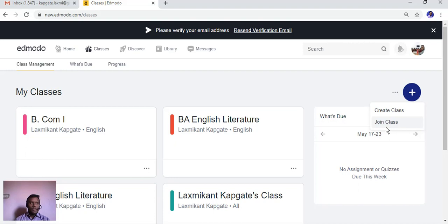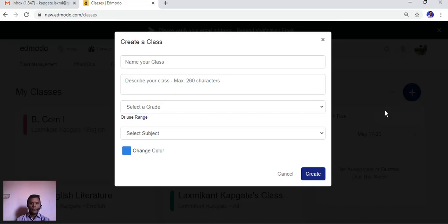If your colleague has created a class and shared the code, or sent an email to you or the students, they can use that code and join this class with this button. You can also create immediately from this create button. So let me create a class.